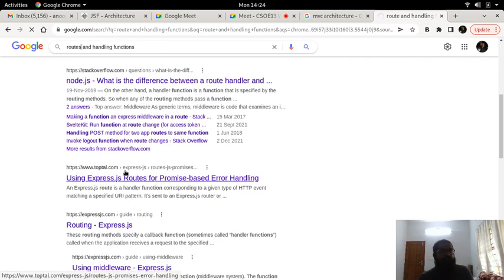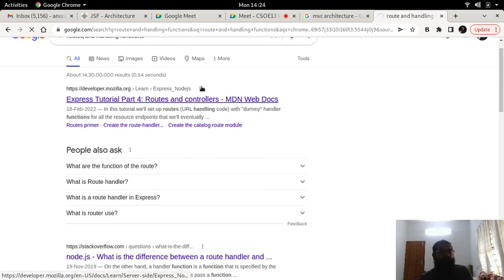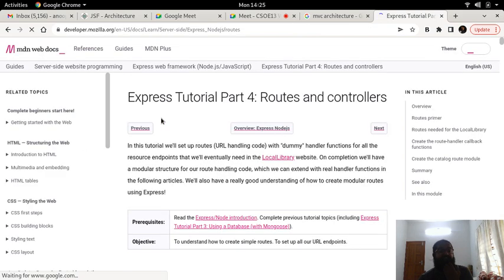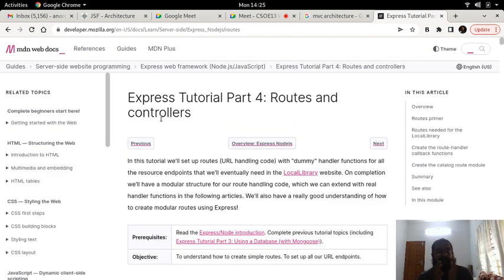Yeah, you can see that the first few links itself are actually showing you what exactly it is. For example, if I look at the first link, it's based on Express Node.js, but the idea with what these things work are almost the same.